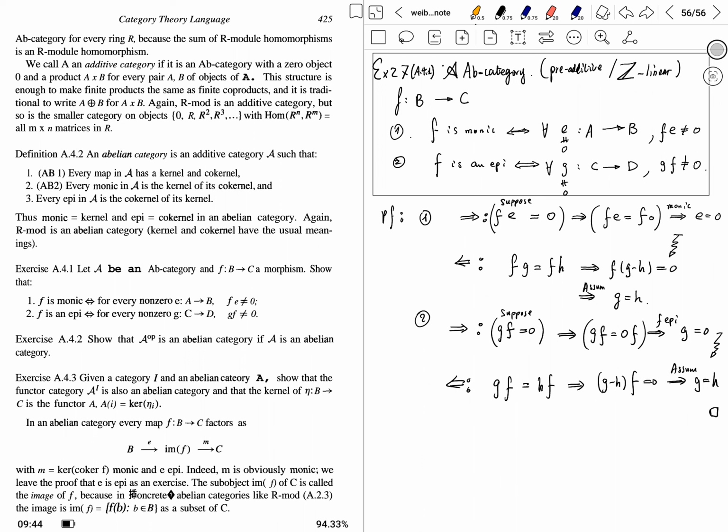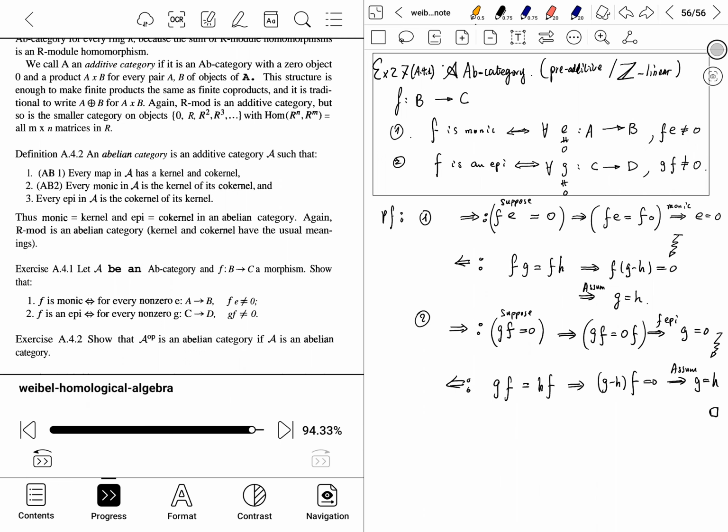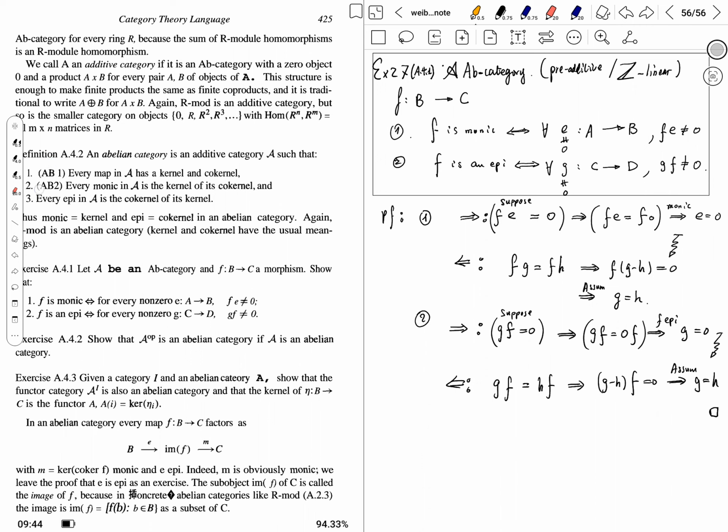This is the additive category, and one step further, you get an abelian category, which is an additive category satisfying three more conditions. The first two are labeled AB1 and AB2. So AB1 is every map has a kernel and cokernel. Secondly, every monic is a kernel of its cokernel, and thirdly, every epimorphism is a cokernel of its kernel. This will furthermore imply that monic equals kernel and epi equals cokernel in an abelian category,